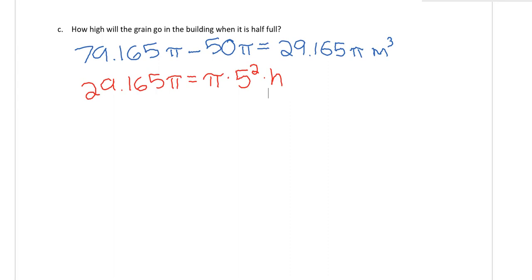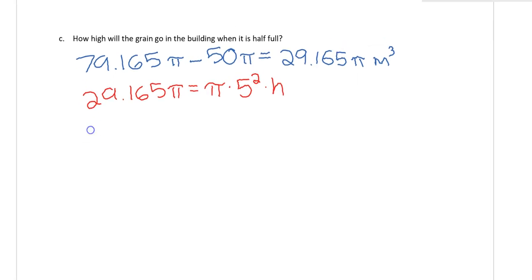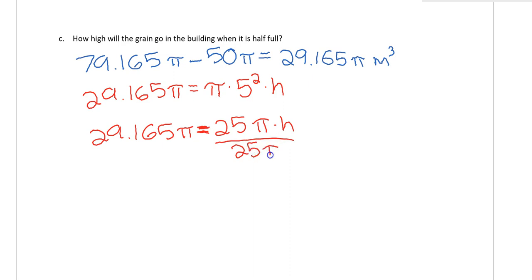So 29.165 pi equals 25 pi times h, right? 5 squared is 25. Then to solve for h, I'm going to divide by 25 pi. Okay, h equals, pi's cancel out,